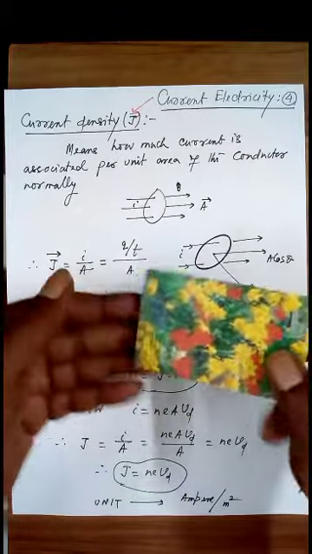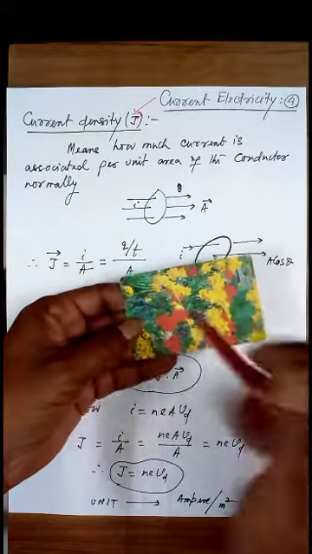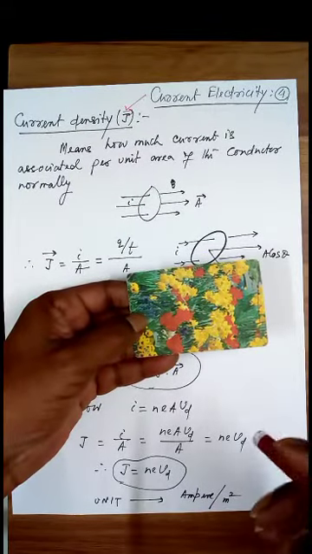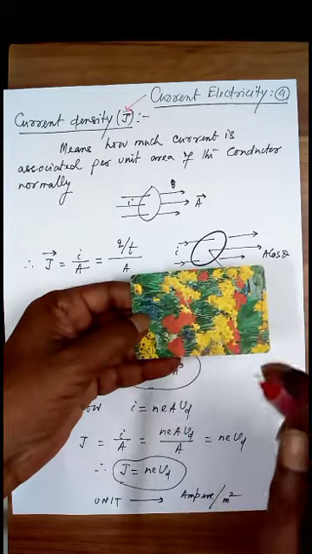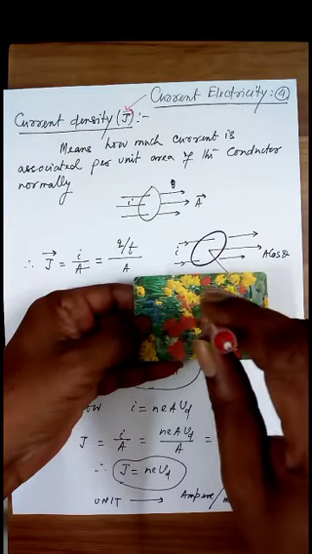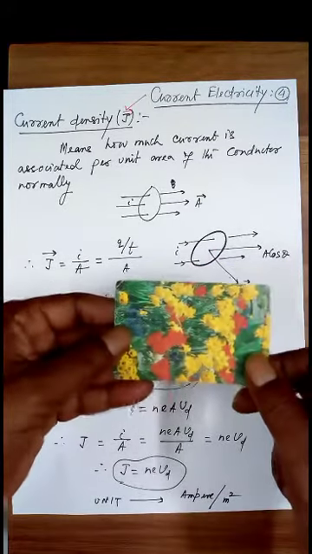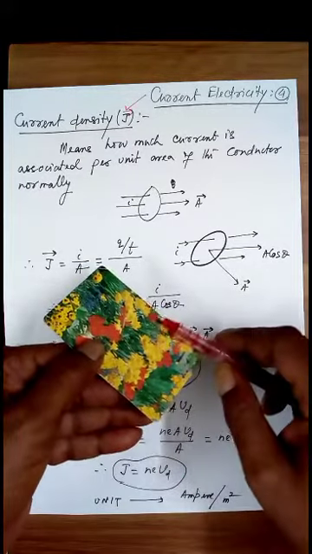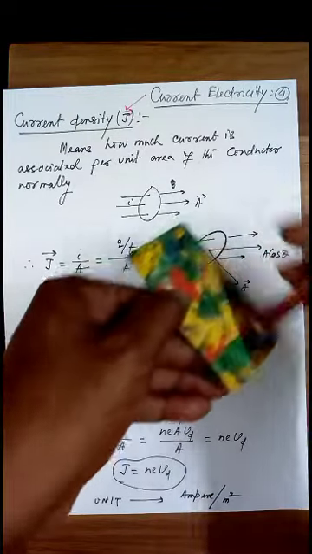Now, look at this piece of card. Look at this surface. This area is considered as a vector quantity in physics. Then if it is considered as a vector quantity, what is its direction? The direction of an area is, if you draw a normal to the area, then that normal gives you the direction of this area. Means this area is pointing this way. If I am holding it like this, then I have to draw a normal. So the normal will be to this side. So this area is pointing to this side.